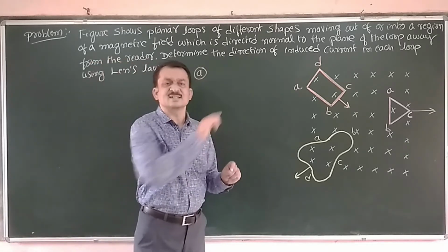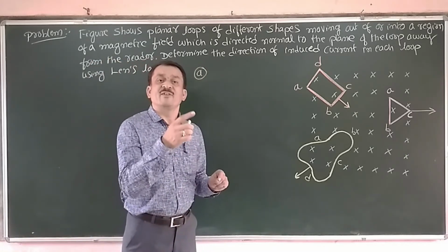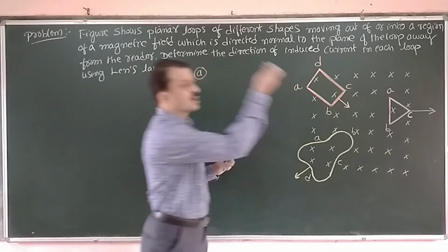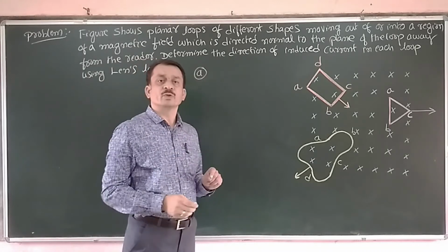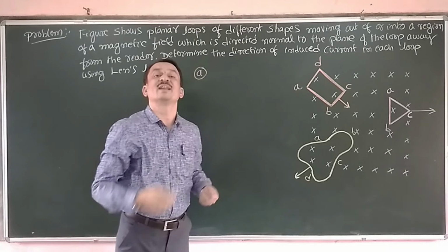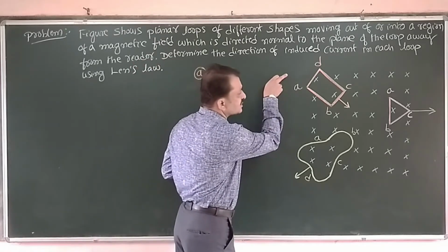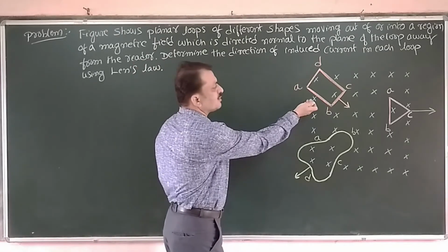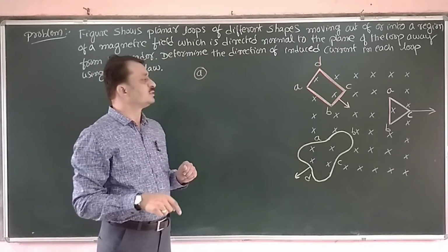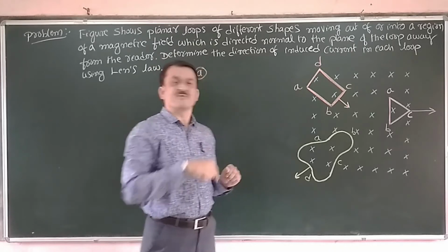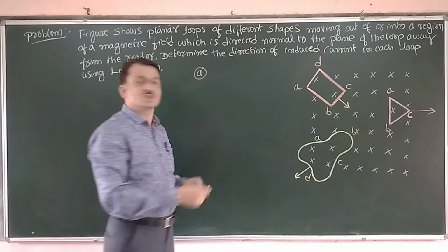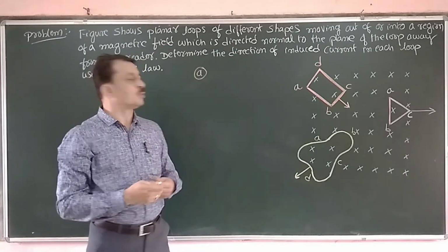Now current should be such that the magnetic field lines produced by the current, the flow of current, should be coming out of the plane of the board. Therefore, the resultant should be decreasing. Here, since we are moving the coil, the field lines are increasing. The current should be such that it should decrease the magnetic field lines. So since the applied field is into, the induced field should be coming out of the plane of the board.